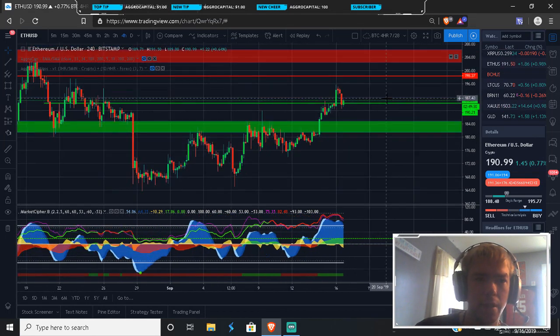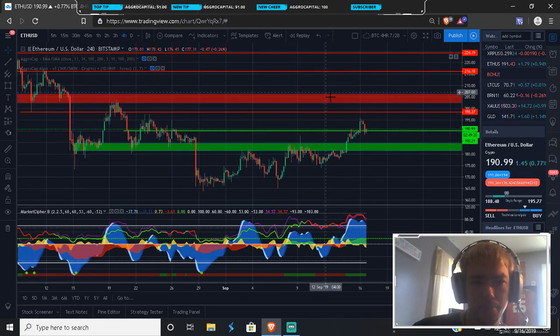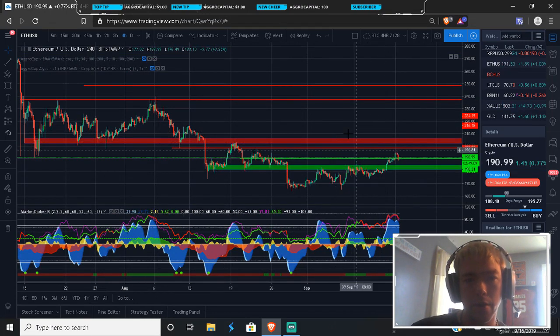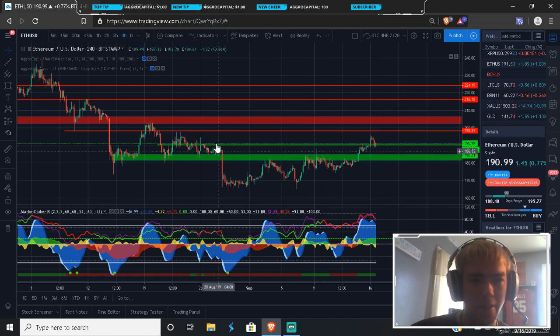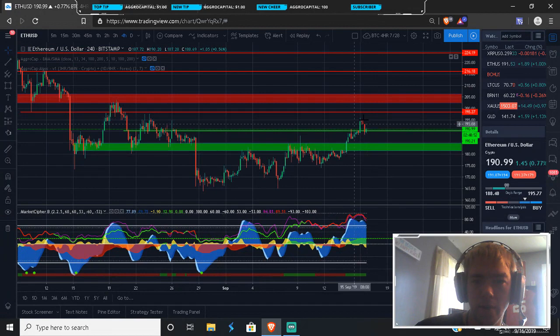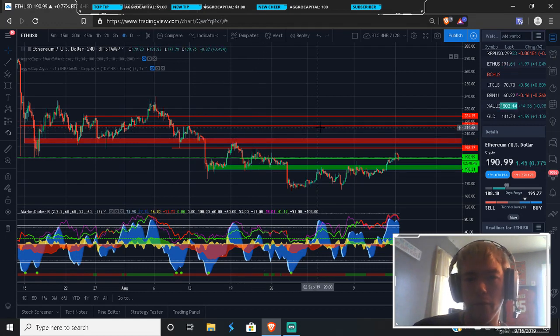All right, so the current price of Ethereum is about $191. Ethereum did go up, and we did test this 195 area that we've been talking about. This 195, 198. It's this last little hump you have before you have to test your more significant resistance at 200 to 205. But if you can break above this, you first got to get through this 195, 198, this little area of touch points. I could honestly draw another box here. I just don't want it to be overcrowded. But if you can break above that 195, 198 area, you will have a test of your 200 to 205. And if you break that, I'm fully expecting us to test at least 215 to 225 right